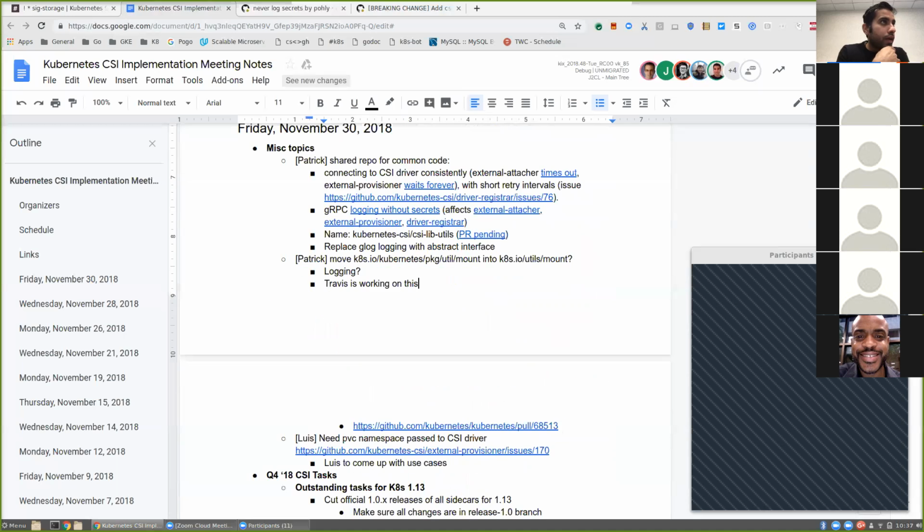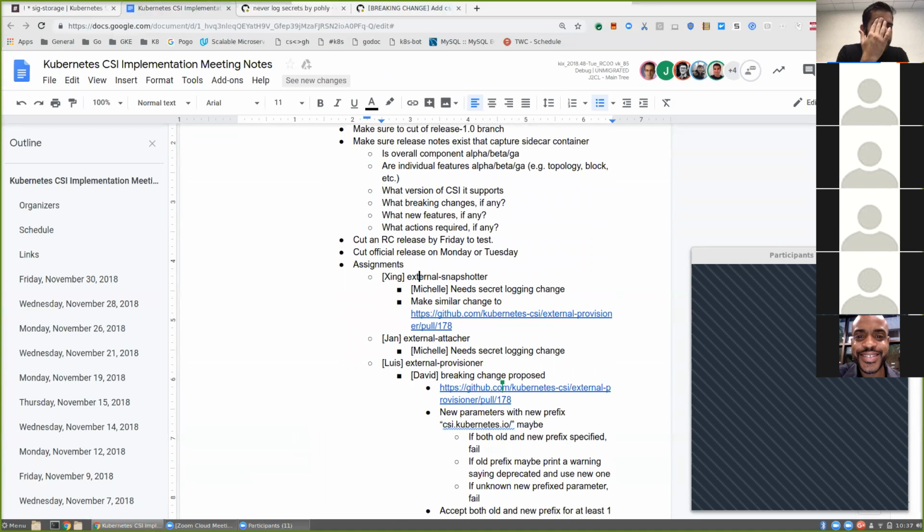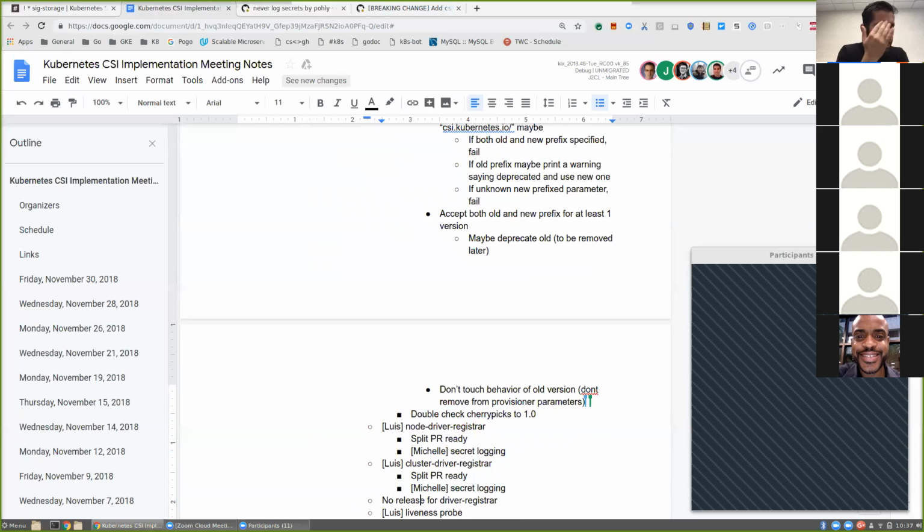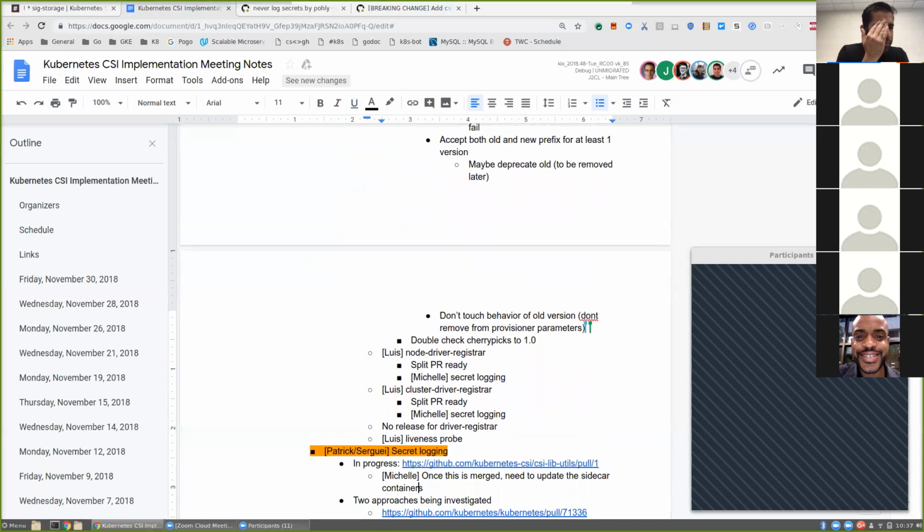Perfect. And is there a way to test the E2E with a local cluster or not? Yes, you could do a local cluster and run the host path end-to-end tests. The only thing you need to do is modify the host path YAML files to point to whatever container you want them to use. So you could modify them to use your container. Oh yeah, that's easy. And that should do it.